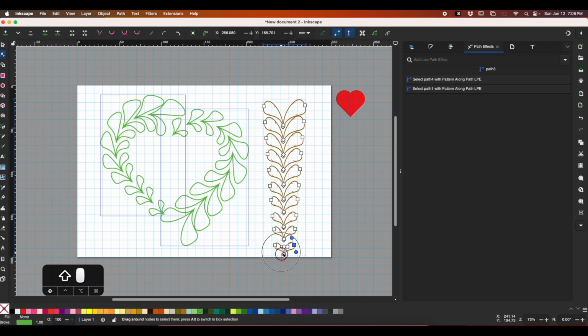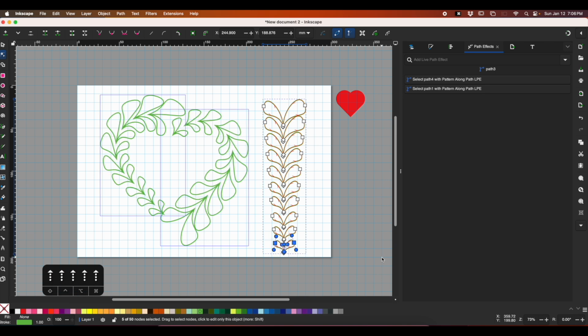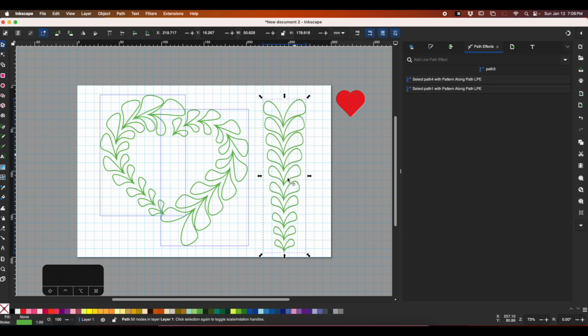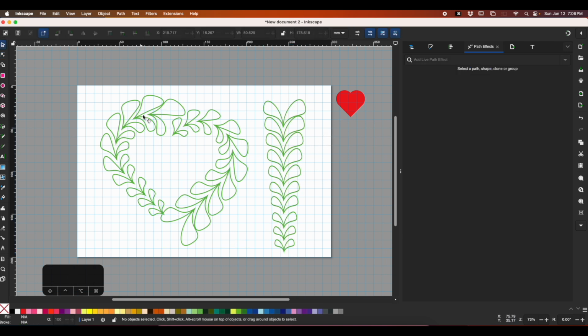So I'm going to do this one. I'm holding down the shift key. Bring that in. You can see how that is giving us a more cohesive shape. But you just have to play with it and get it to a point where you are happy with it. And now that I have it adjusted the way I want it, I'm going to go ahead and select all